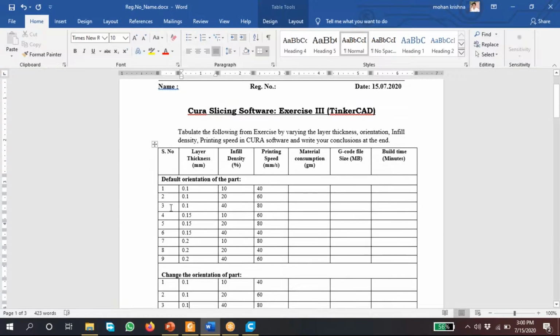If you change these three input parameters, another input you can change is the orientation. But now the orientation is the same, the default orientation. The outputs are material consumption, G code file size, and build time. Once we do the slicing, we will get these three.